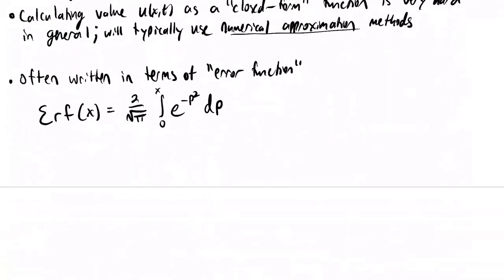But you can still see the similarities. And so what I'll do now is an example where, for a particular choice of initial data, we can write the solution to the diffusion equation in terms of this error function. I just want to point out that this is a very important object which arises in statistics,